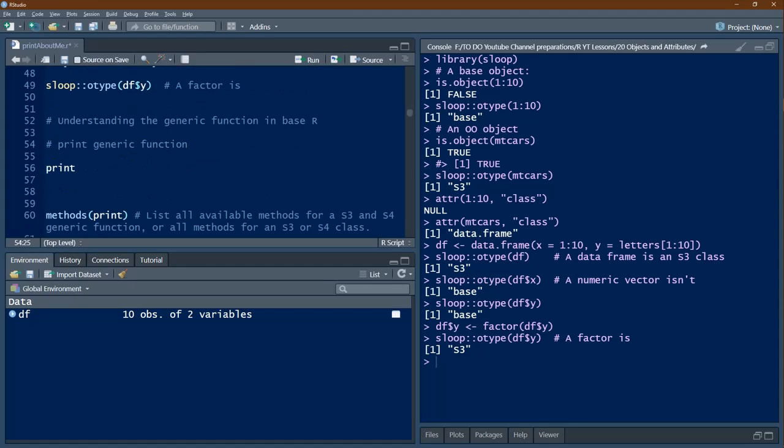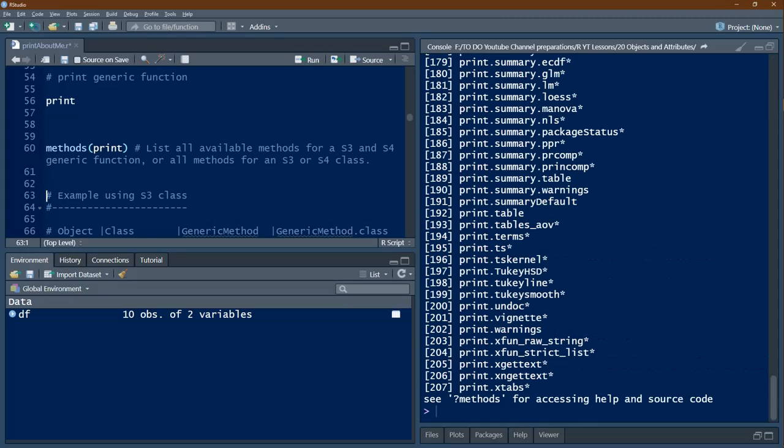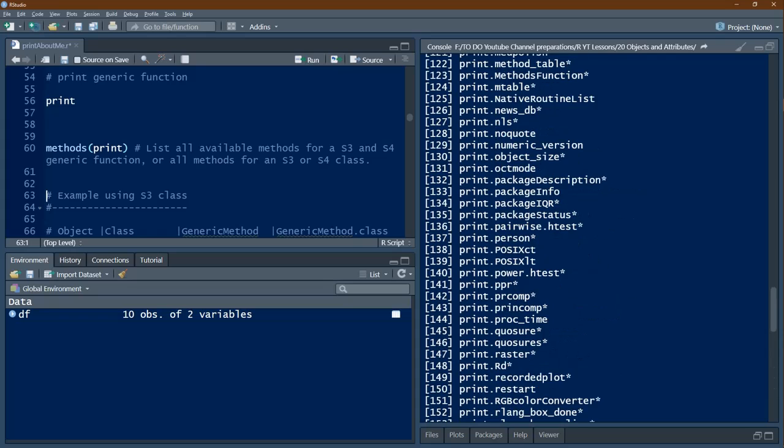Okay. Now let us try to understand the generic function concept. Let's say print. Print is basically a generic function. We have used print a number of times. Now we will ask for the methods of print. Here you get a list of print functions.